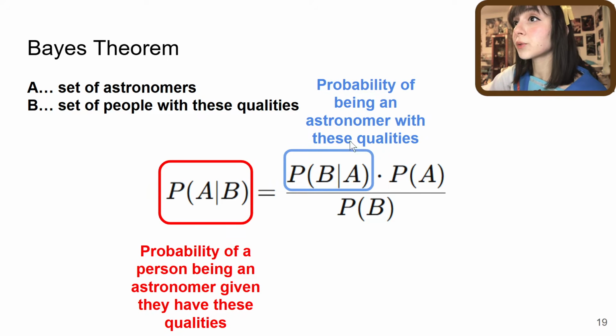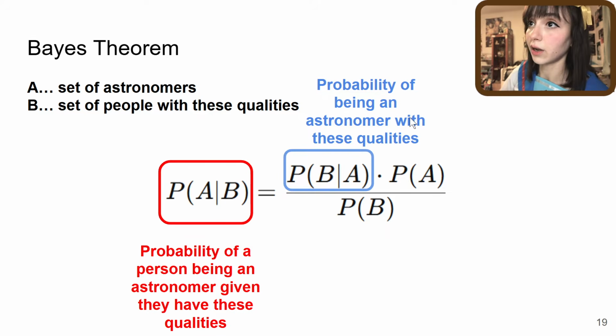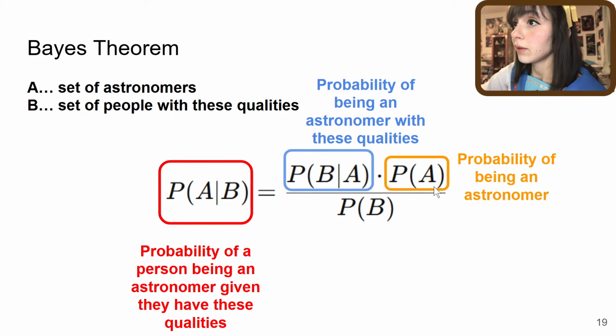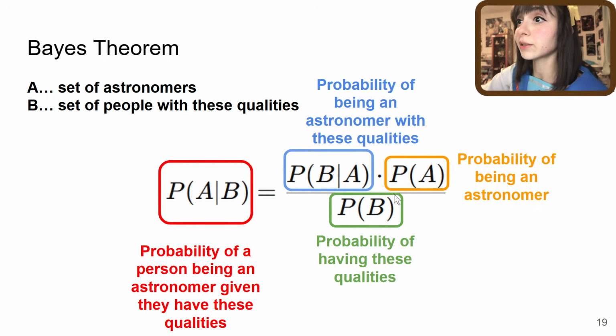And then here, this would be the probability that someone is an astronomer given these qualities. A is simply astronomer, just being an astronomer, and B is possessing these qualities. So B here is basically our hypothesis, which is having these qualities, or is maybe more tied to being an astronomer, maybe not. And A is just being an astronomer. But yeah, just to read it a little bit simpler, I put it in actual words for our particular example.